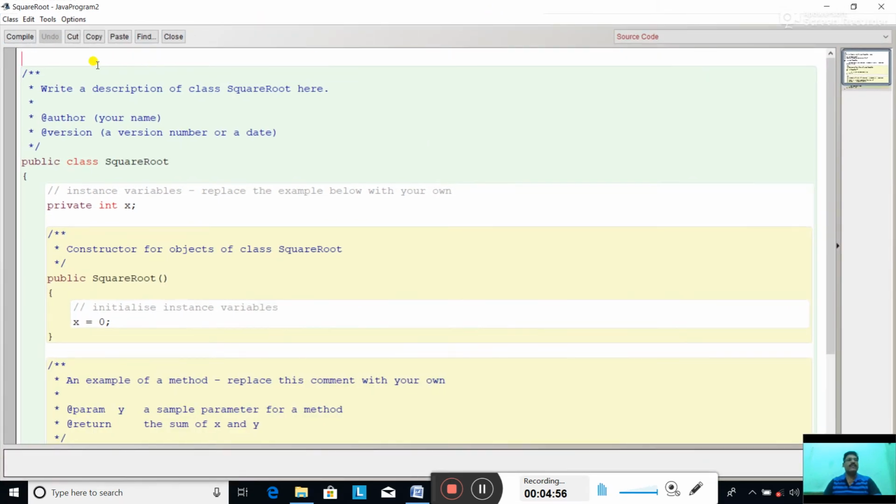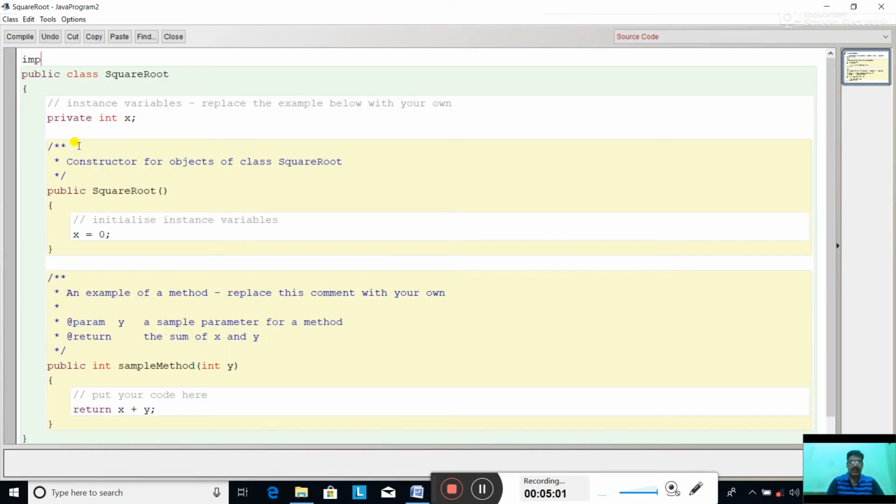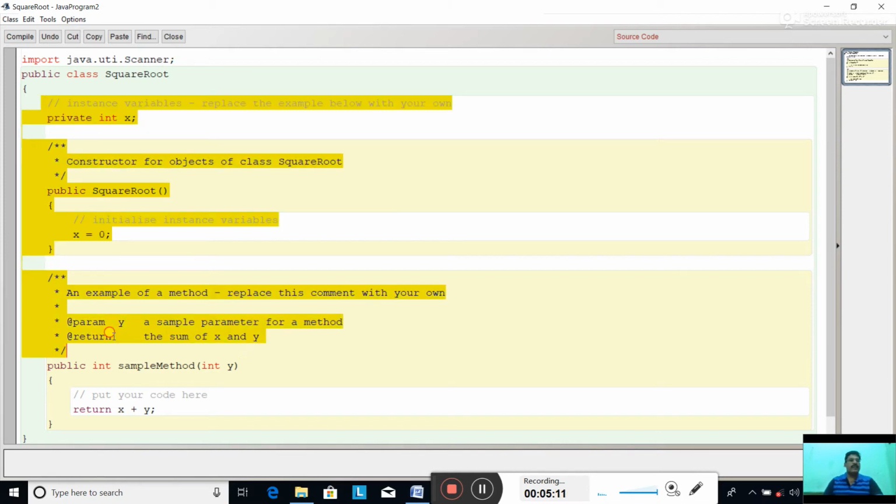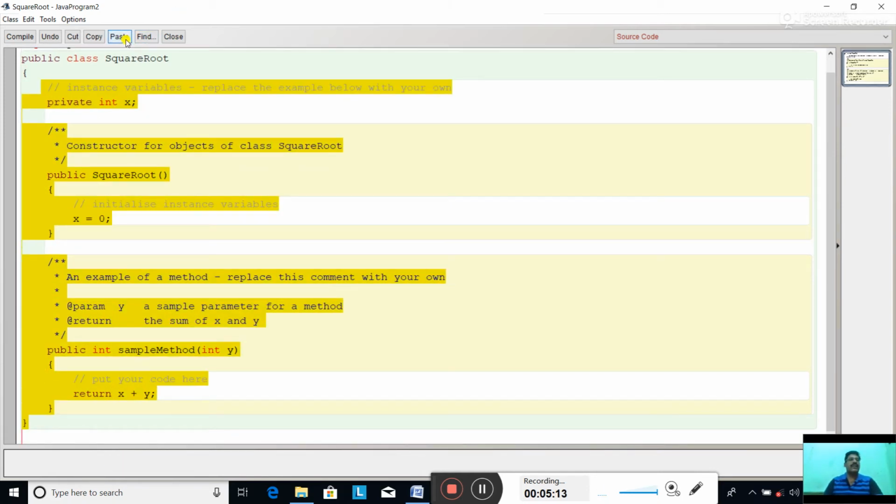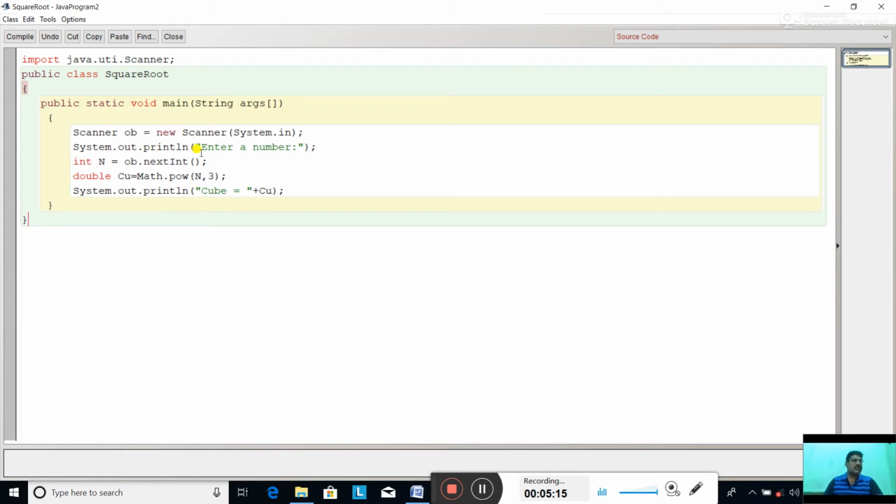First line: we have to import the util package, java.util.Scanner. Now paste what you have copied. Now the enter a number command line stays, and we have to find the square root of the number.